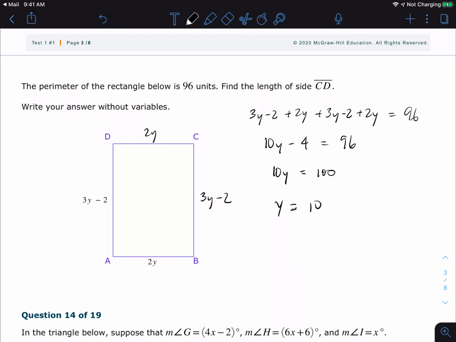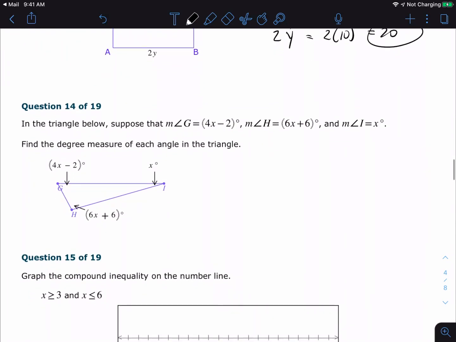And what are they asking? Find the length of CD. So they want to find this length. So if we want to find this length, isn't that going to be twice y? And twice y is 2 times 10, which is 20. And that is our answer. So please be sure to understand they're not looking for y, they're looking for a specific side. So be careful with that. They're probably trying to trick you with that, okay? All right,